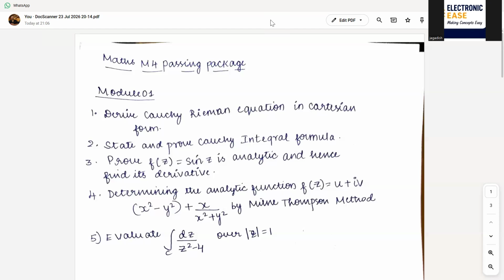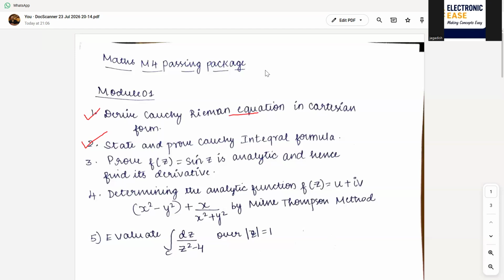So we are now looking at the M4 passing package. As you are preparing for mathematics M4, you should know what to prepare and what not to prepare in the examination. From module 1, you have to learn the derivation of the Cauchy-Riemann equation in